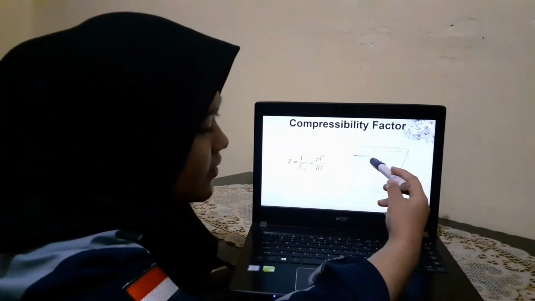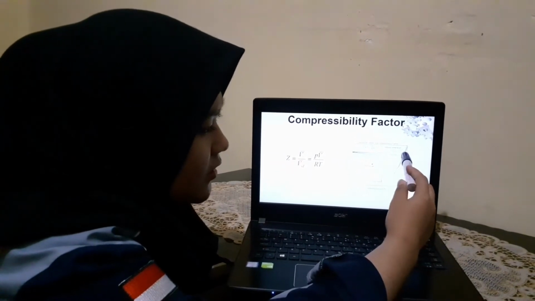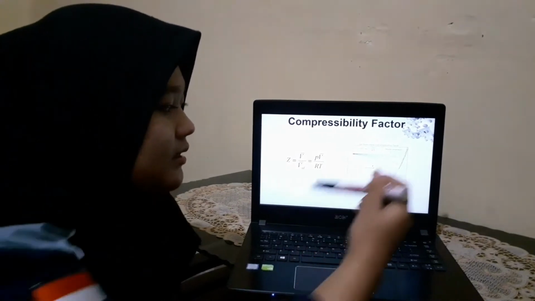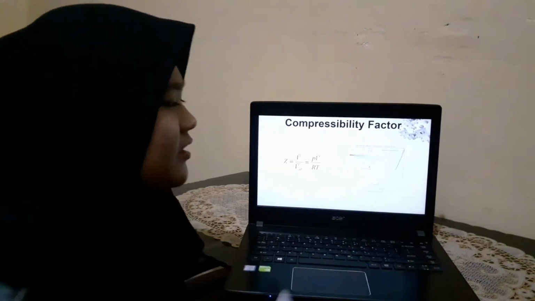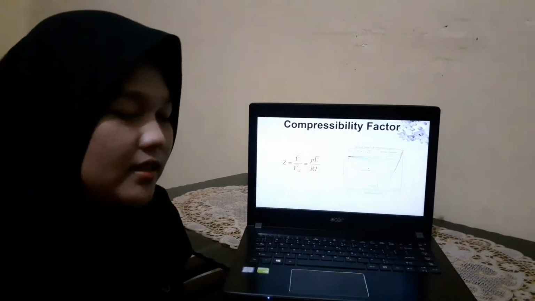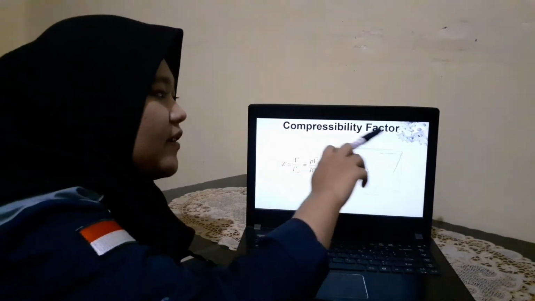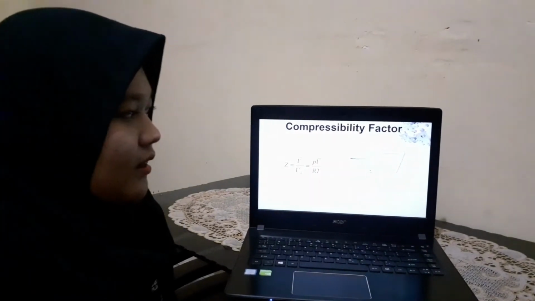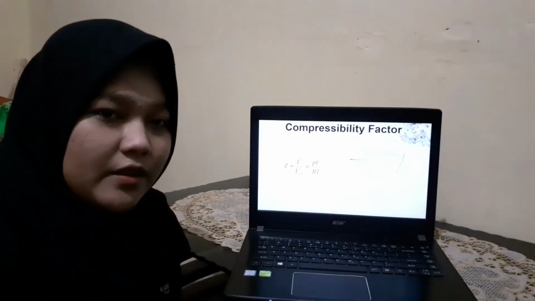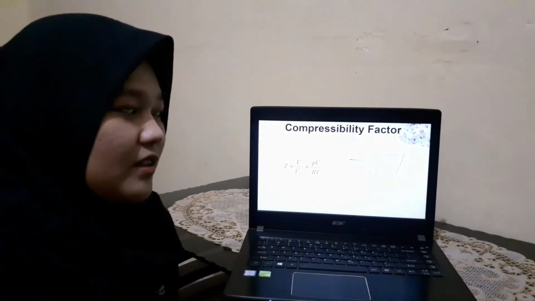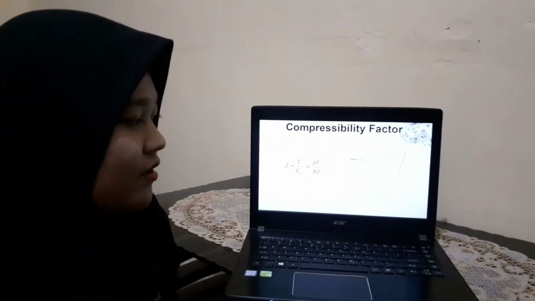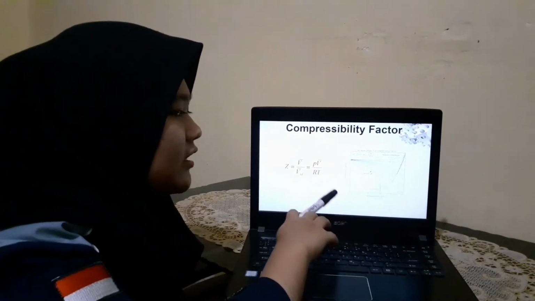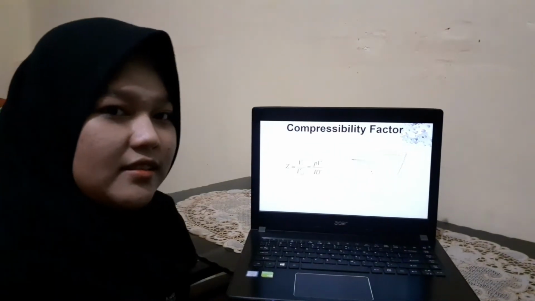So this graph of gases shows the critical points of the gases and the compressibility factor, and it shows the correlation with the deviation from perfect behavior. So it makes the correlation between the gases.